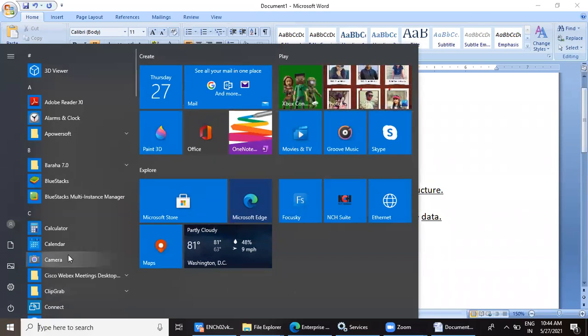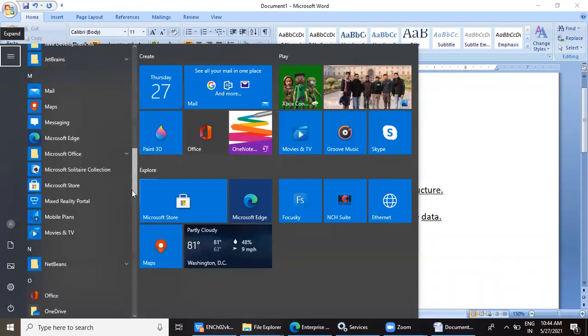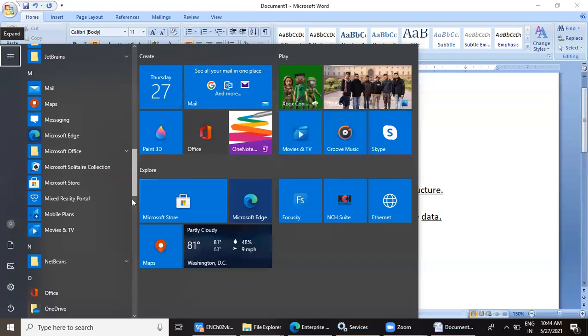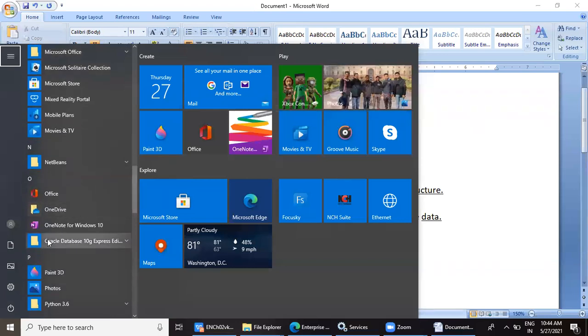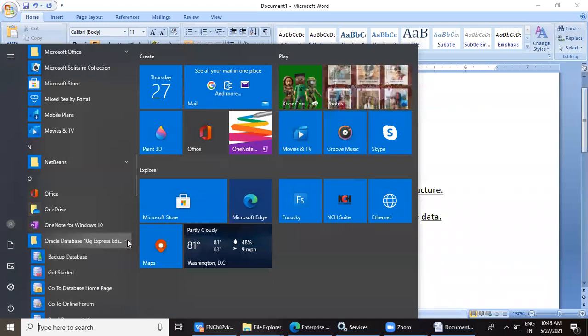Click on Windows button and then here in the menu, after you have installed Oracle 10G, you will find this option, Oracle Database 10G Express Edition. Yes, everybody write down in short. Windows button, dash, Oracle Database 10G Express Edition.